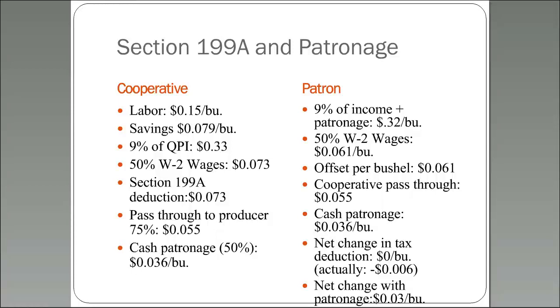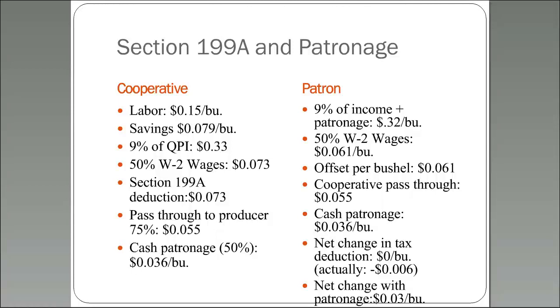Okay, so if you look at the grain farmer side, 9% of their income is about 32 cents a bushel, but half of their W-2 wages is 6 cents. Now that 32 cents a bushel, that might be high. It's a little hard to know how to take out all the qualified expenses. So I put in all of their receipts from the grain farming plus their patronage from the co-op. I didn't adjust that for the operating expenses. So possibly that's too high, but in any case, clearly the binding constraint on the representative grain farm is going to be half of the W-2 wages. So on both sides, the W-2 wages is really what's driving that.